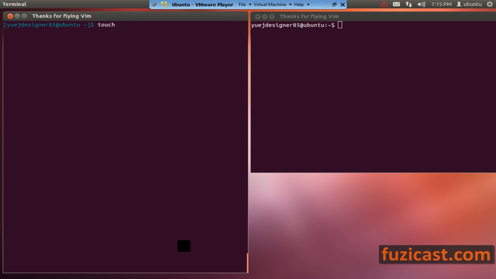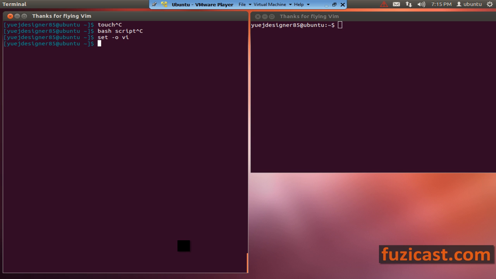Let's say I want to search through all my previous touch commands, or maybe all the bash commands that I've been using, right? So first of all, you need to do